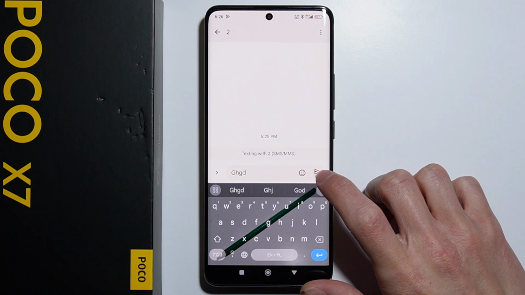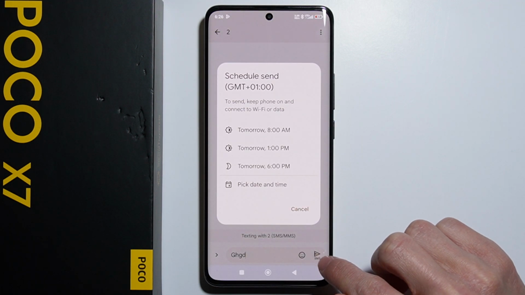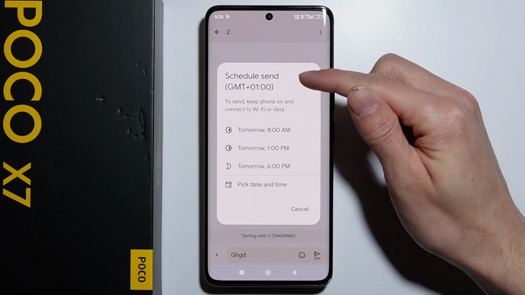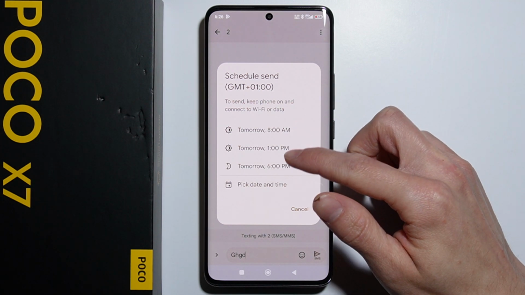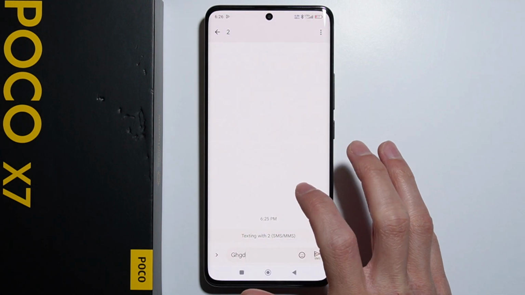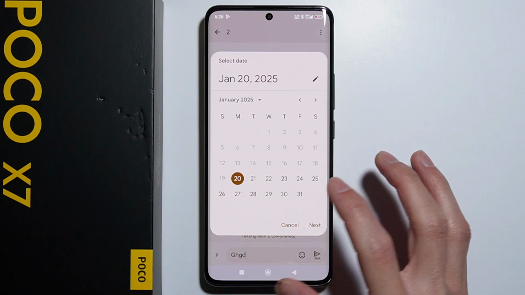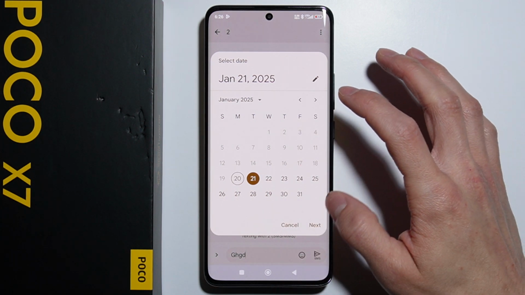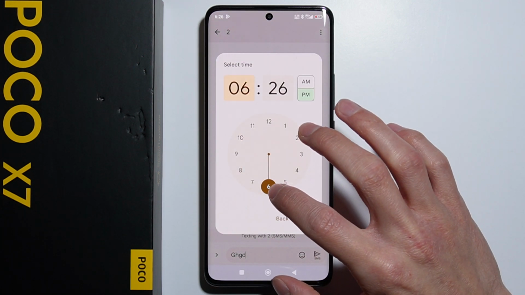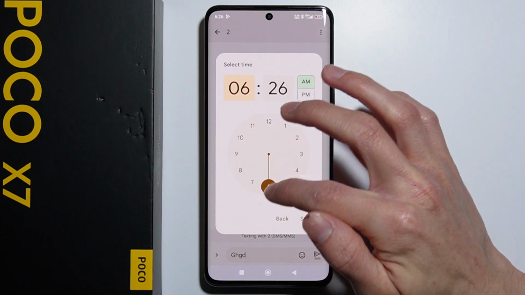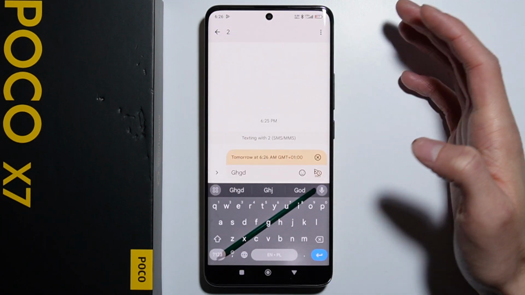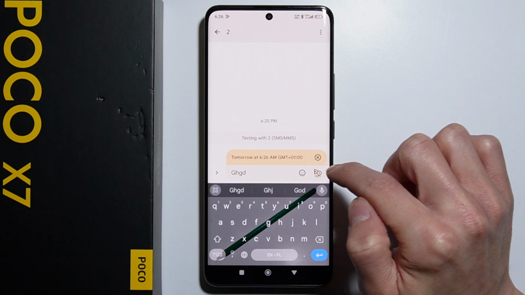And right now, if you want to send it, you have to press and hold the send button, and here you have schedule send, and here are some preset options, and you can also pick yourself a date and time to send a message, for example for tomorrow, and you can set an hour to 6 a.m., let's say. And as you can see, here is the schedule